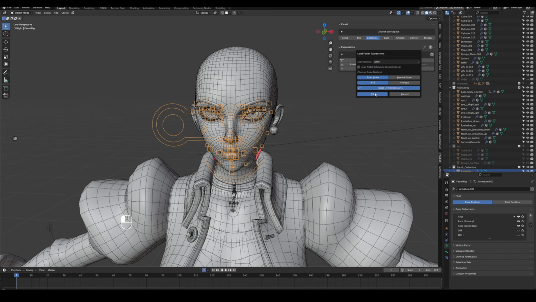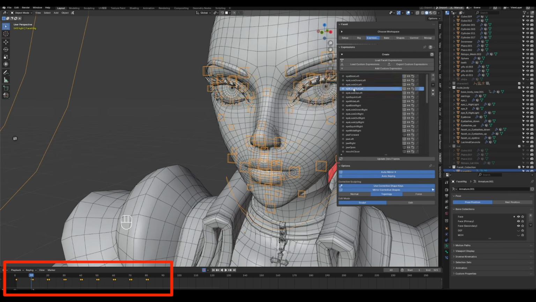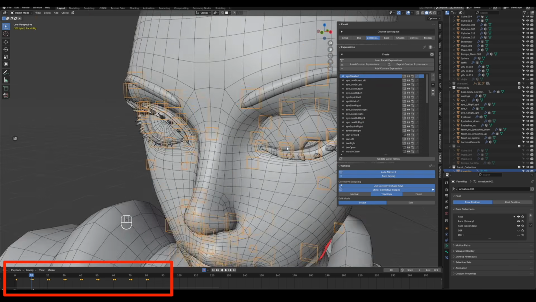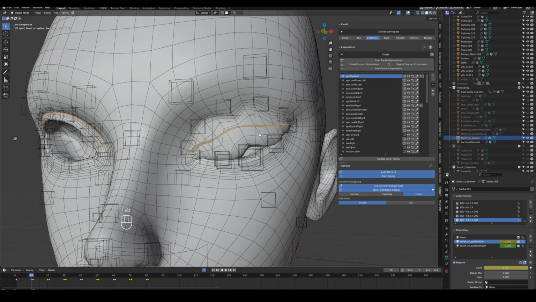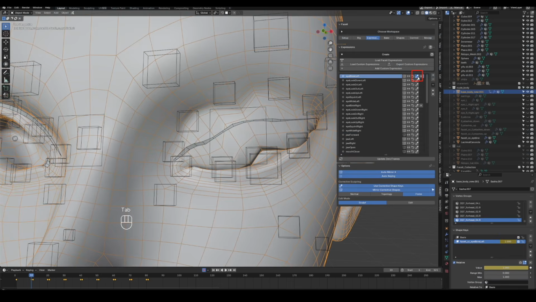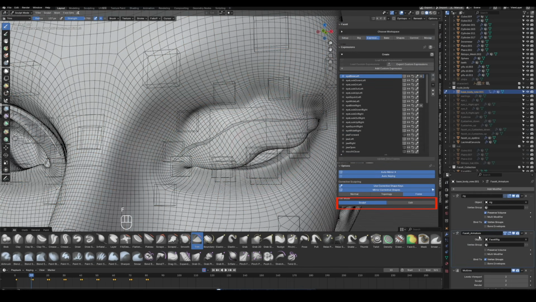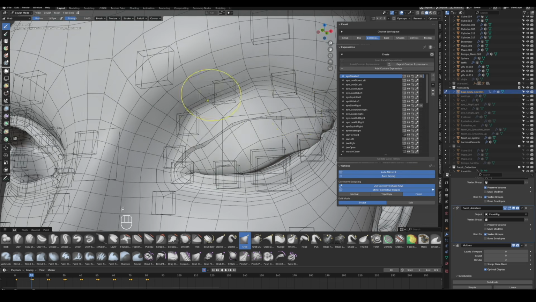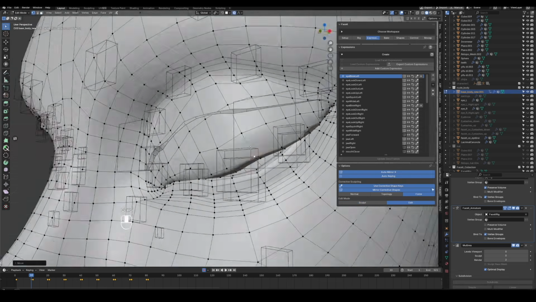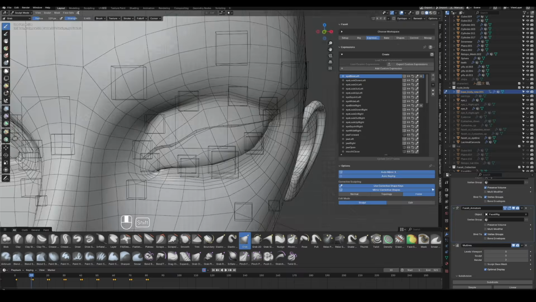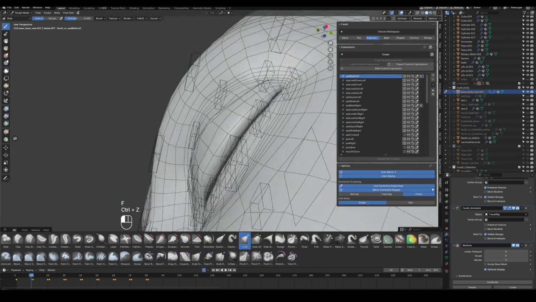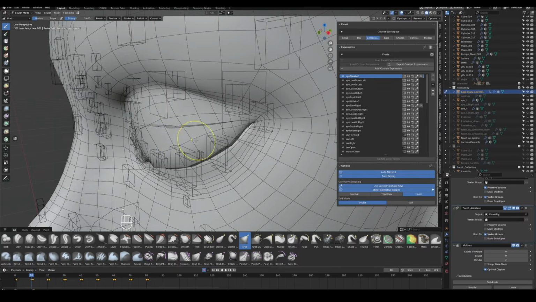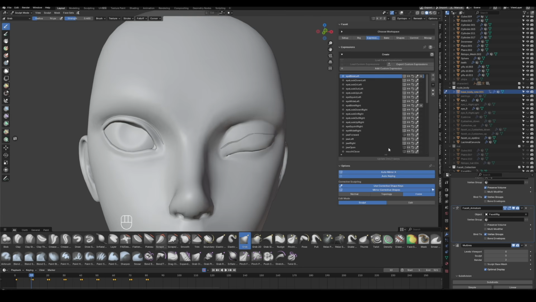Now you'll get the 52 ARKit expressions, and it will automatically create an animation for each expression. You can select the model. Click the knife icon, and then choose Sculpt Mode or Edit Mode below to tweak any expressions that look weird or off. Click the mirror button to copy the adjusted left eyelid expression to the right eye.